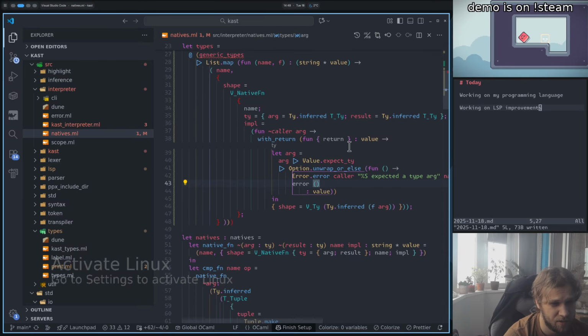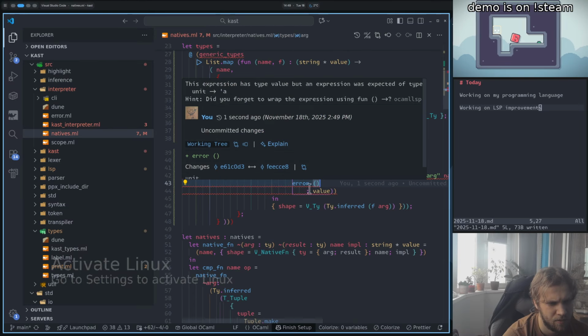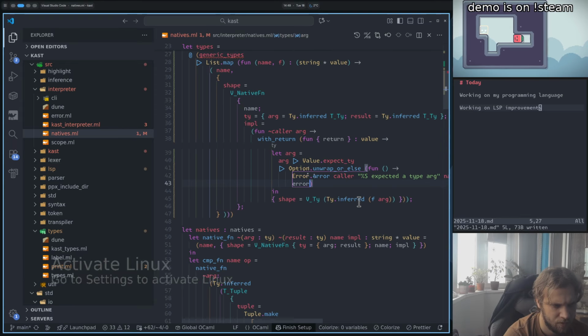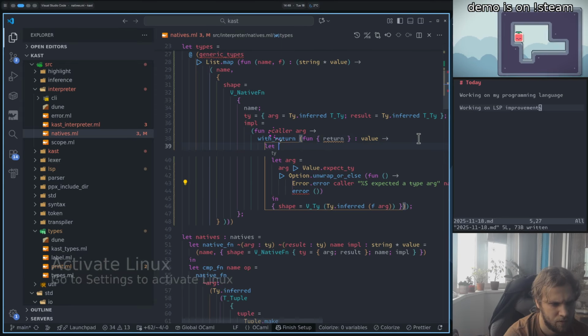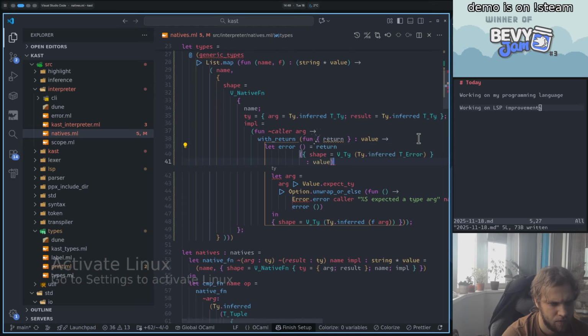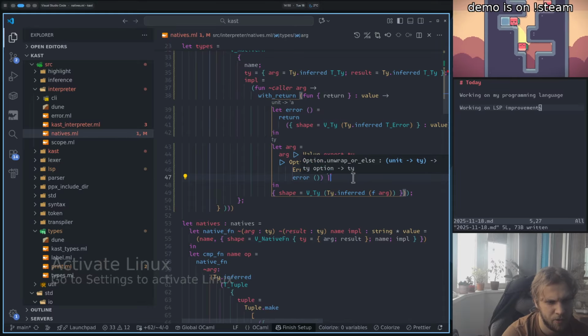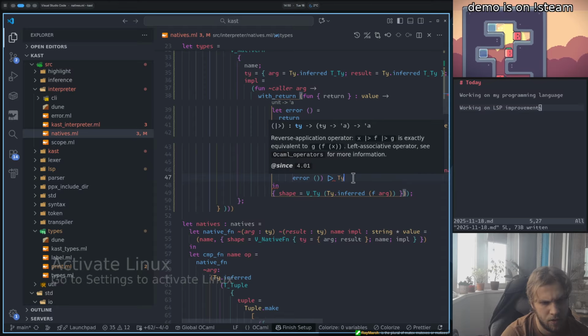I guess I do have the error. Function overall. Because over here, I'm also going to say type